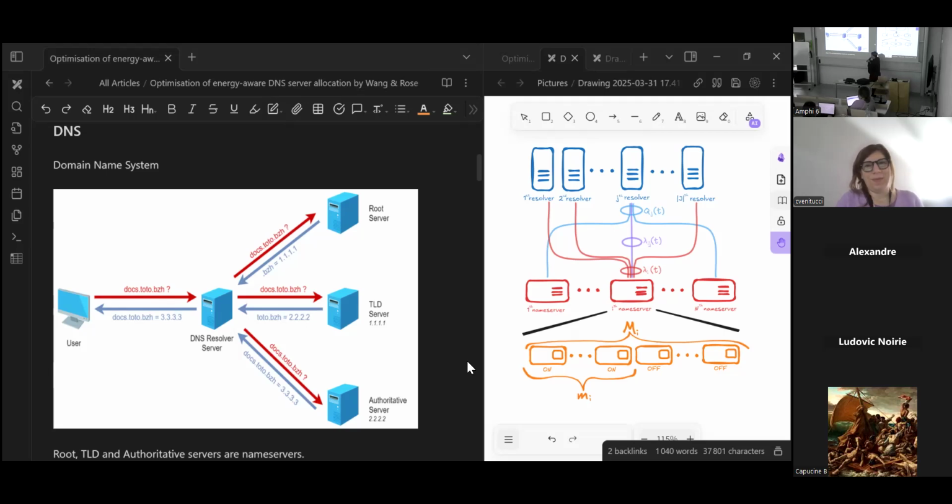When we send a request to the resolver, it requests the root server to know where is the TLD server of the .bzh or .fr or .com, etc. After, the resolver sends the request to the TLD server, which knows where is the authoritative server,